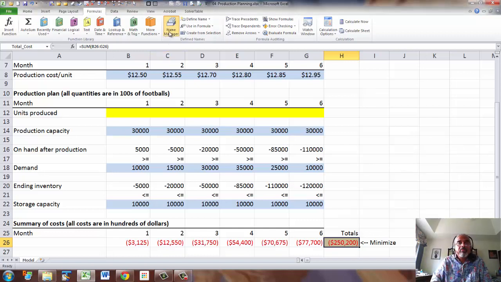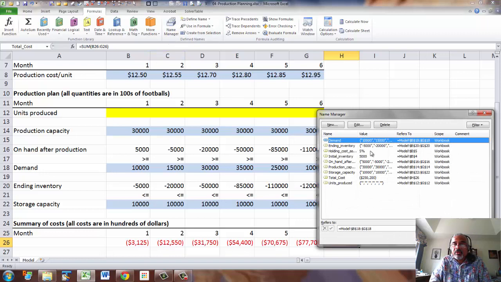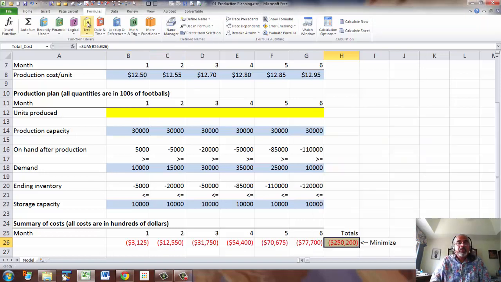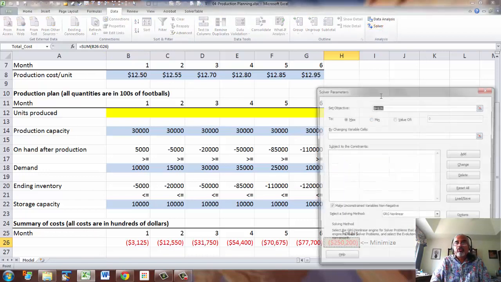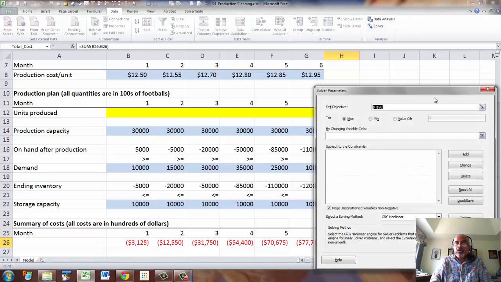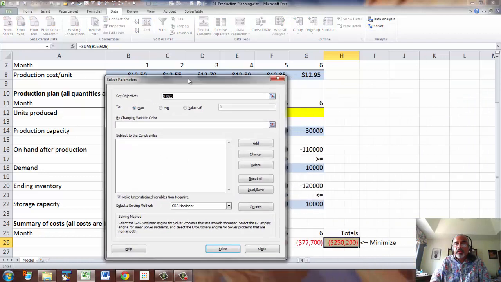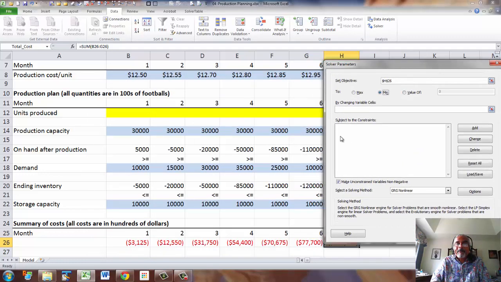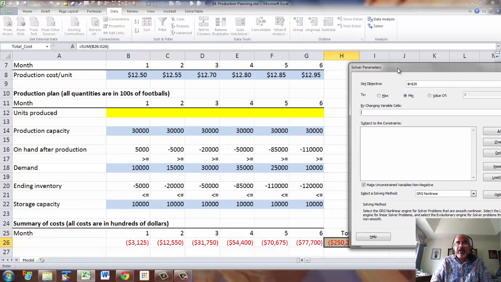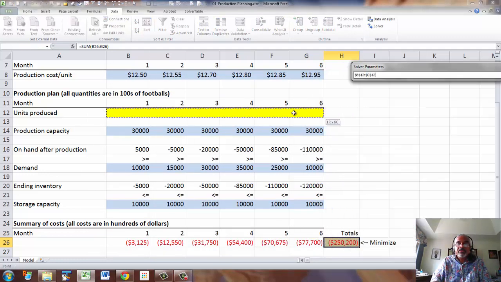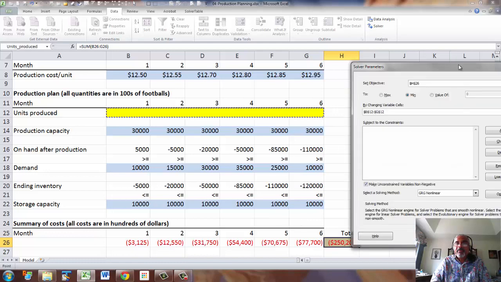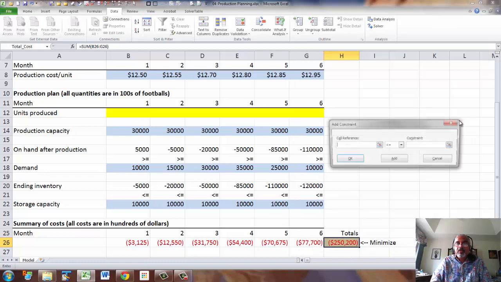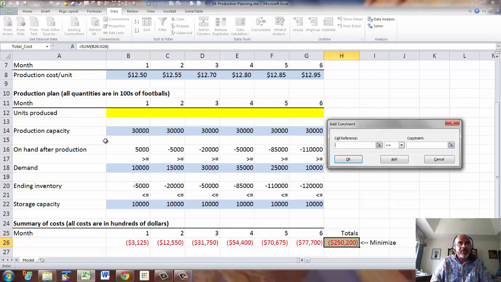Okay, let's go to name manager and check whether we have everything. Okay, so it looks like we have it. Okay, so now we'll go to solver, and we want to now minimize this. And by changing cells is that, and our constraints are